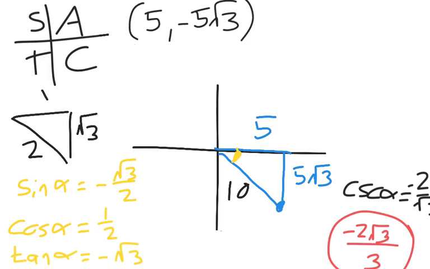Next, I'm doing the reciprocal of cosine, which is secant. So if I was finding secant of alpha,